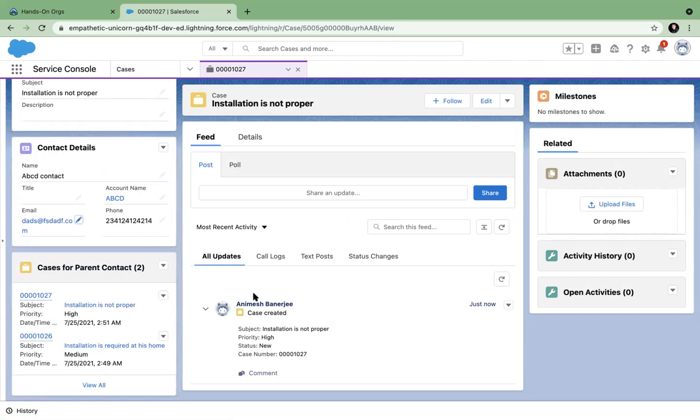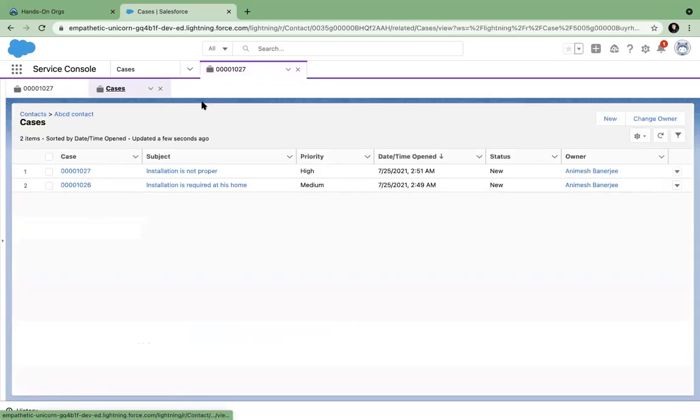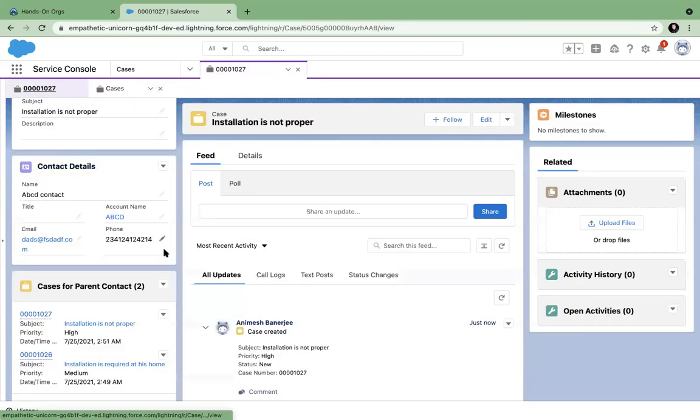And this guy maybe already called. This is the second call, right? So I can see the other cases of the same person. You see. So whenever this person calls and this ticket is created, I immediately know that this guy already raised a request on this date and the installation has happened. And now he is calling me again for another case, that installation is not proper. So I have all the history together in one sheet.